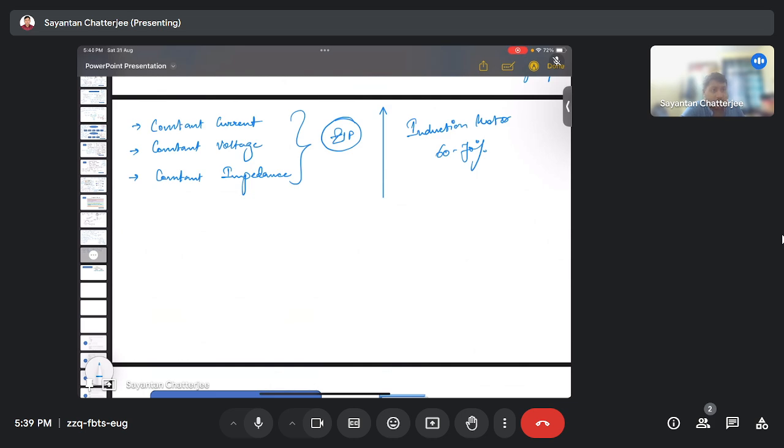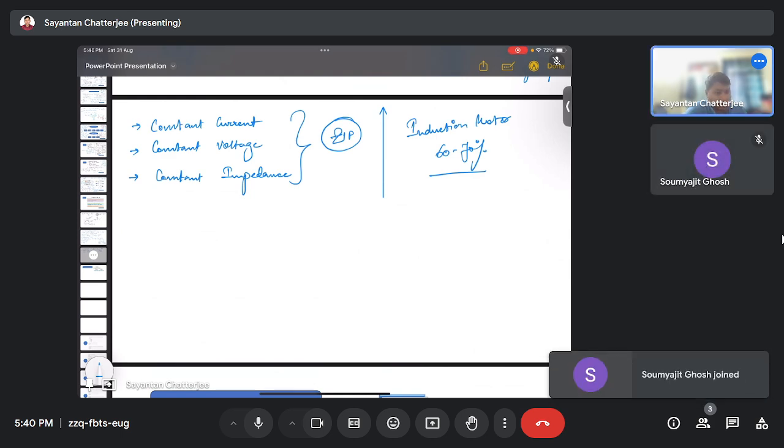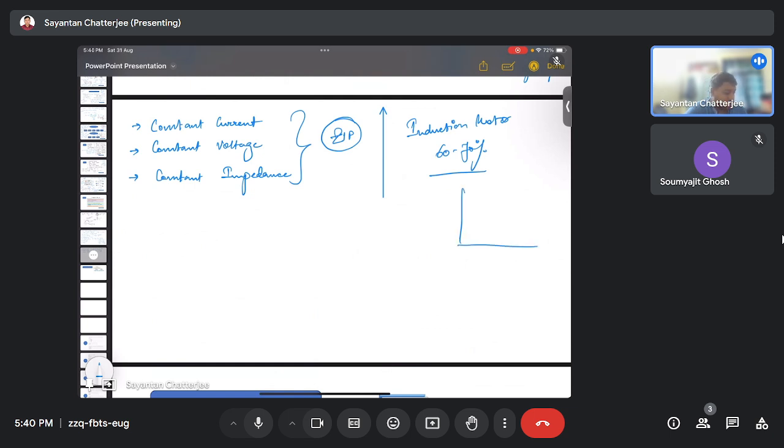Now in these induction motor loads, we can observe that the problem is that they have a total reverse recovery characteristic, and accordingly, in the load flow studies we generally take